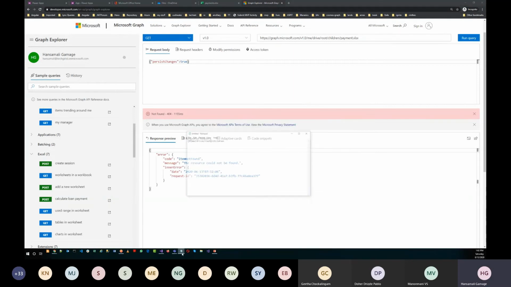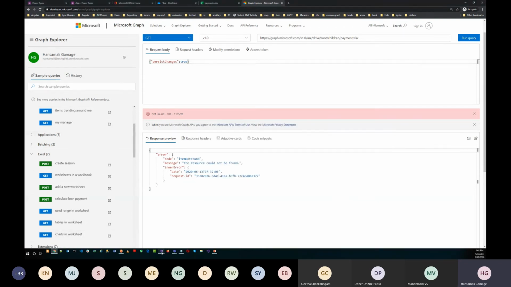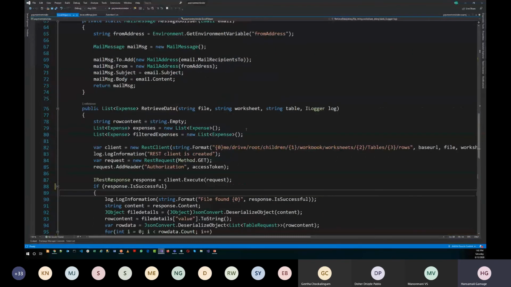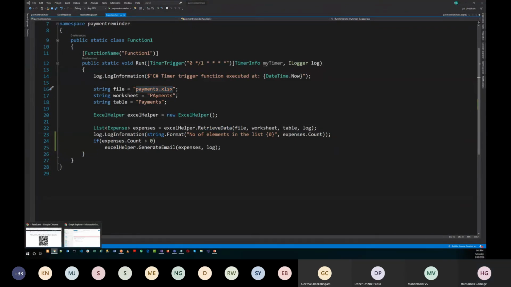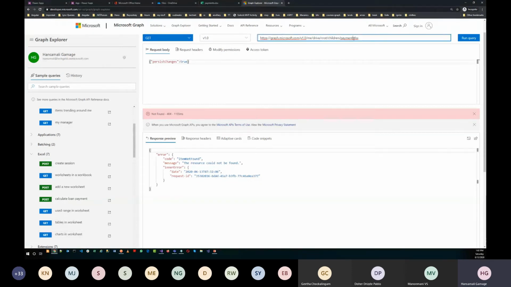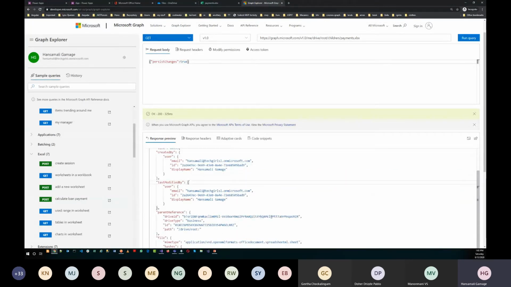Okay, something is wrong. Maybe I have misspelled. Let's check what file we are passing. It's payments. Okay, now you can retrieve your file.